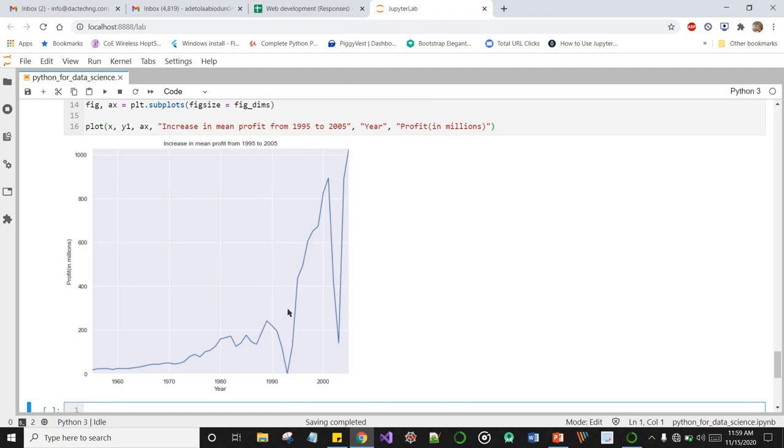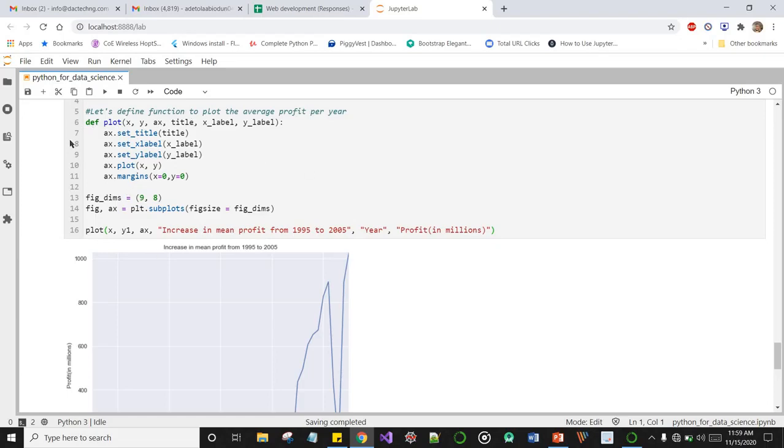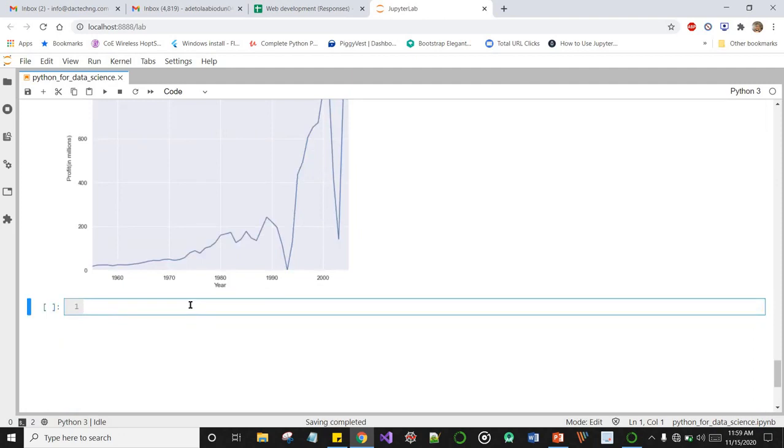Okay, so that's just an example of how you can just use a simple plot to do a little analysis on price fluctuations, right? And you can see just by defining a particular function in Python, and we're passing parameters, we're able to make this beautiful plot. Okay, so what if let's say we want to generate a plot for the increase in revenue, for instance. This is for profit. So let's say I want to generate a plot for increase in revenue.